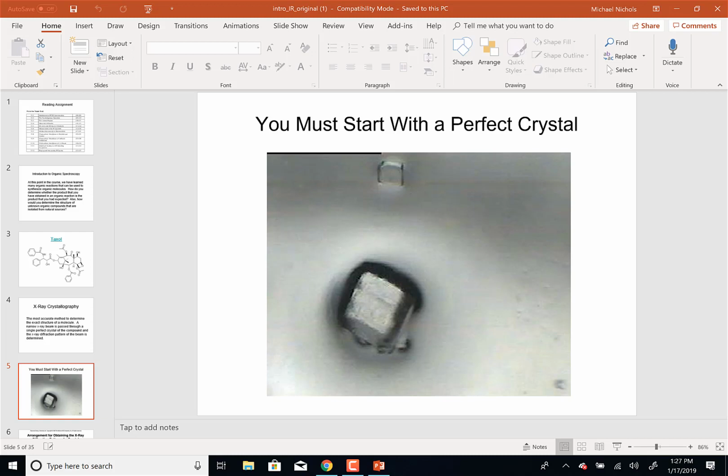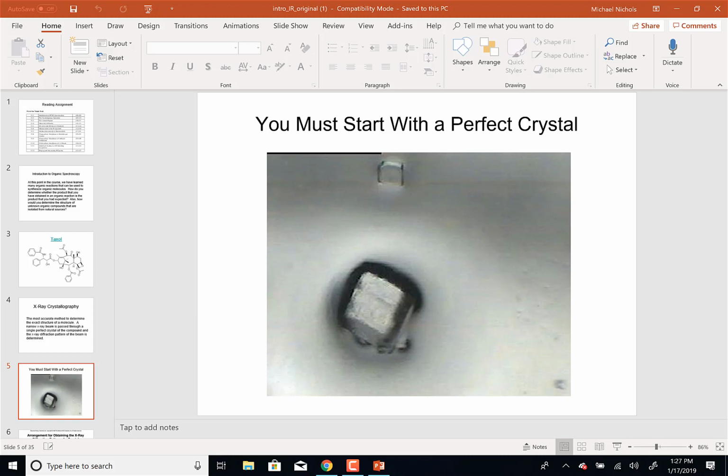So if you can grow that crystal to be perfect, and last semester we didn't grow any crystals like that, right? We got some sheets, some plates, but we didn't grow anything like that. And it wasn't that we didn't try. If we tried, we probably could.